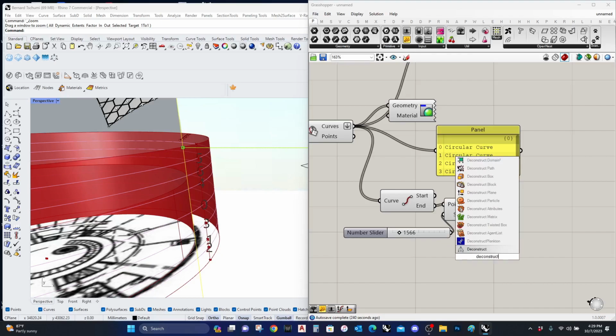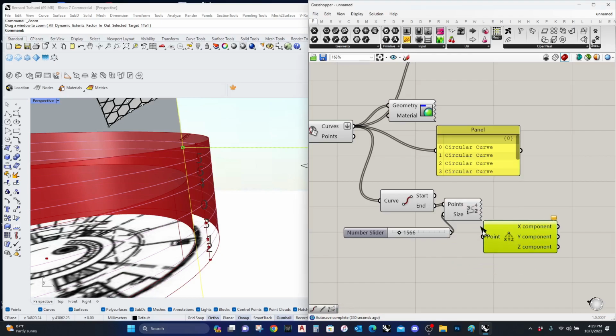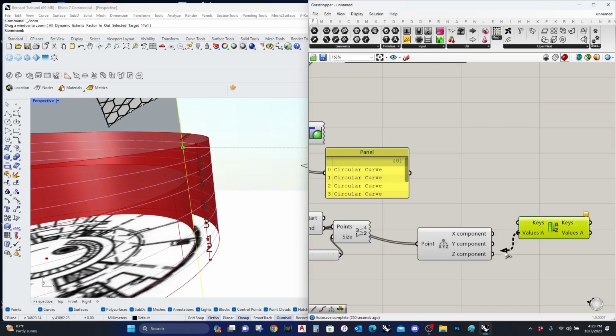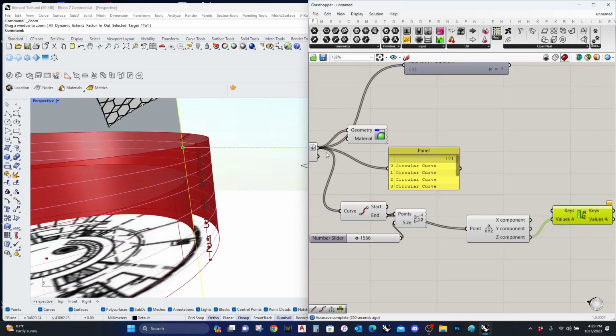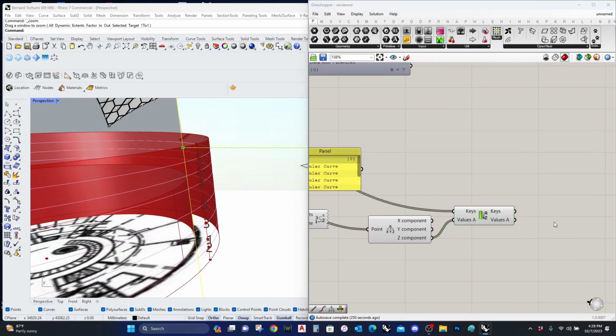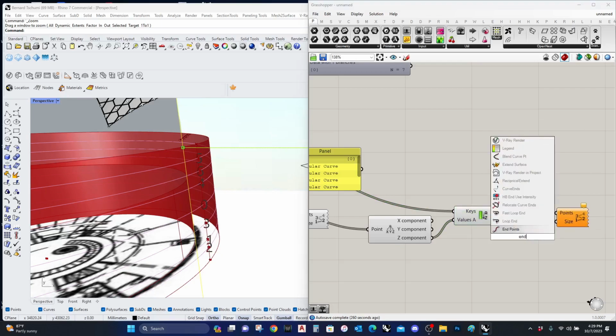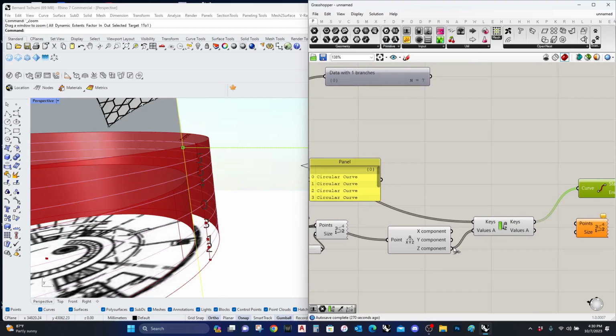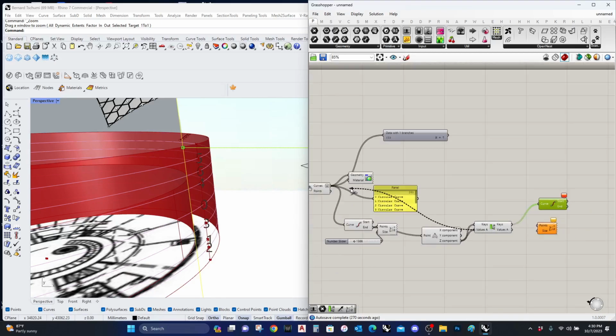start analyzing the geometry. So deconstruct. Oops. No, I want to go to the endpoints. I want to sort them by the Z. So the Z component, the keys, and then let me go to endpoints, point list. So the values, so let me go to end point. Oops, the keys. Okay, maybe the keys are the Z component and the values are